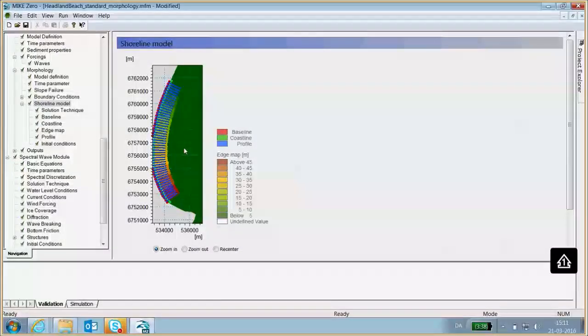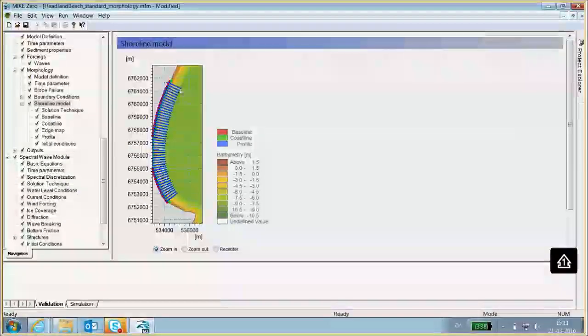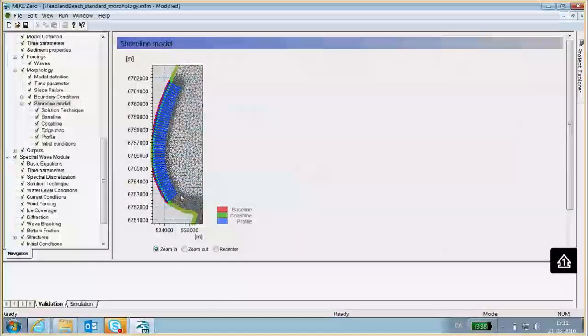And you can also shift to show bathymetry here, so you can see, okay, this is just going on beyond the 8 meter contour here, which is a good thing. And you can even show the mesh, so you can check your resolution in this area as well.